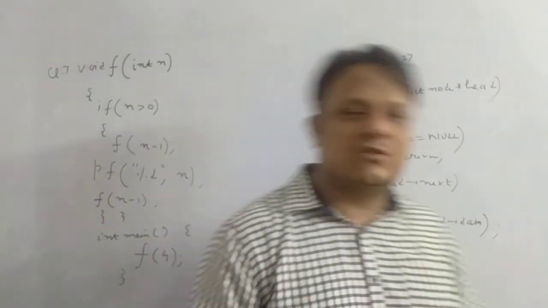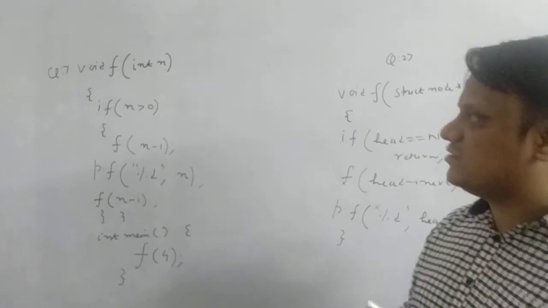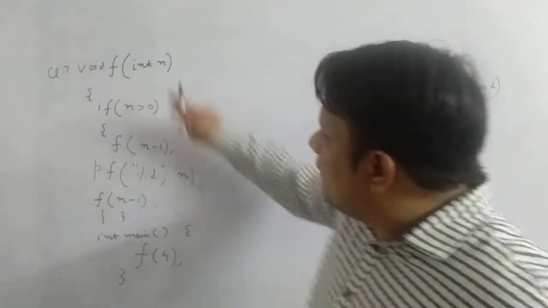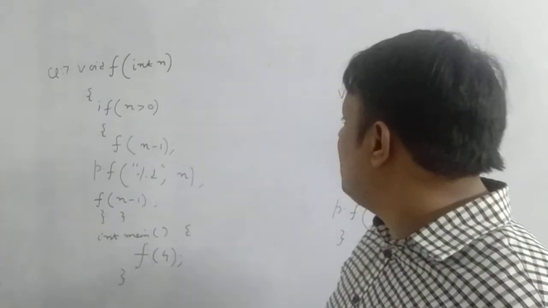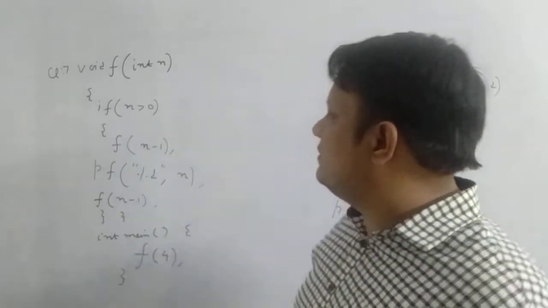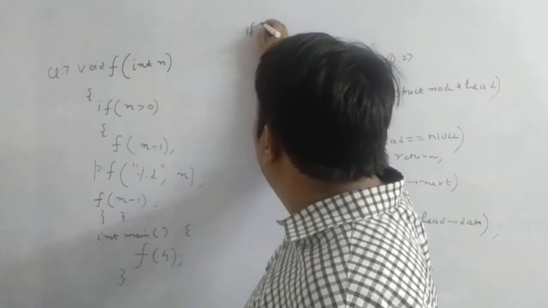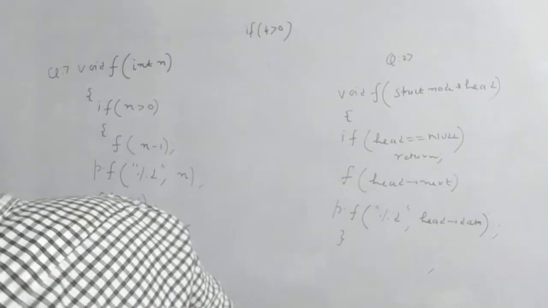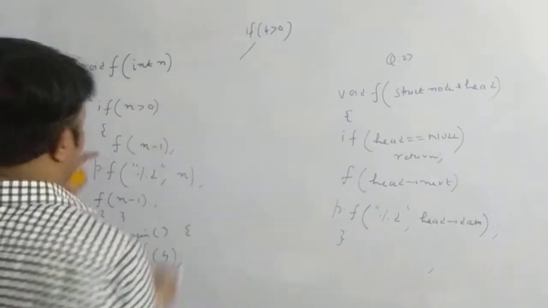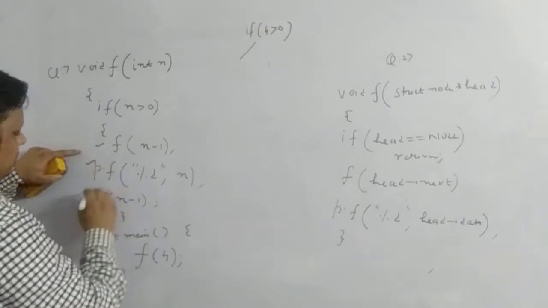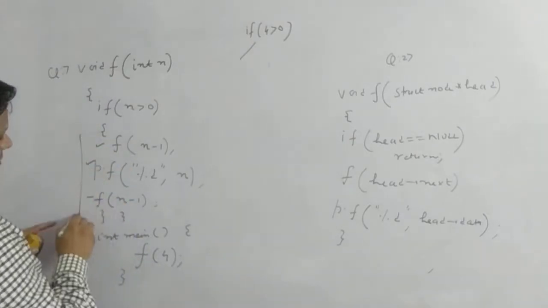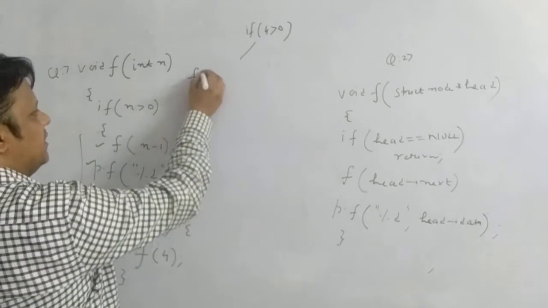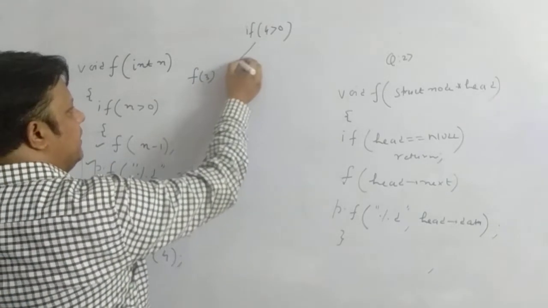Hey, hi guys, so moving on to the next questions based on recursion. Now int main calls f(4), the value of n becomes 4, right? So if 4 is greater than 0, your condition is true. So when your condition is true, it means you're evaluating this also, this also, this also, because they are part of this if statement. So n minus 1, this becomes function 3, and then